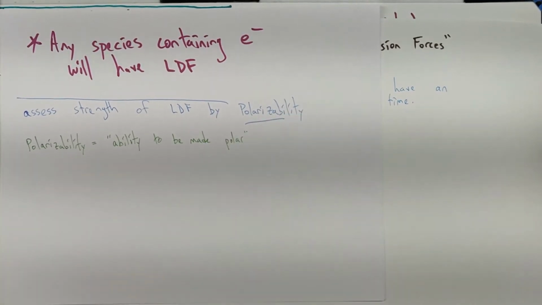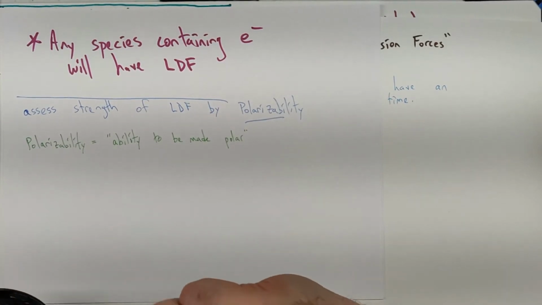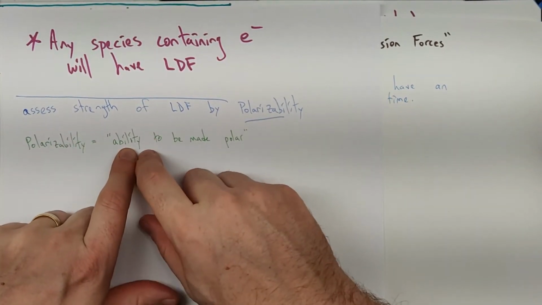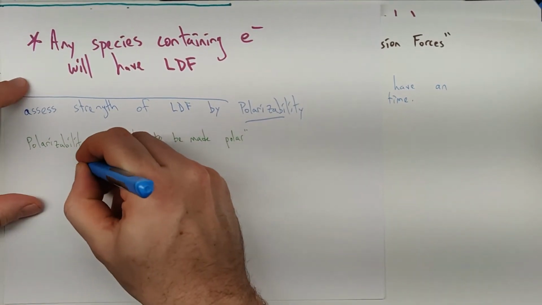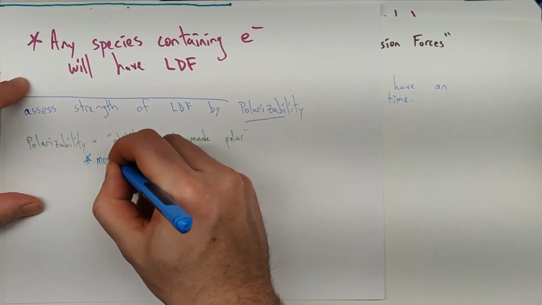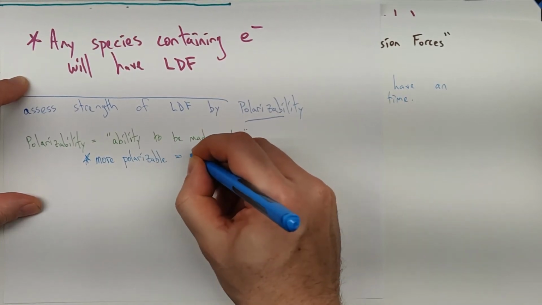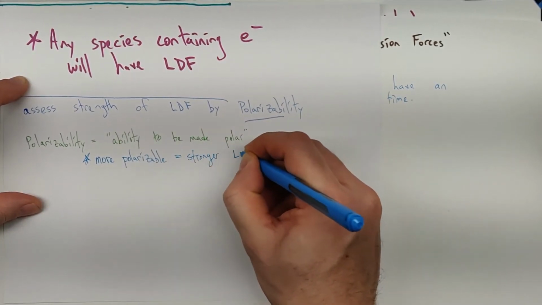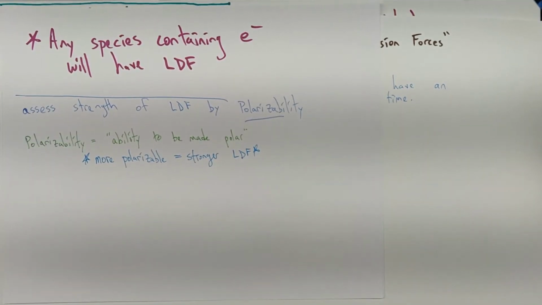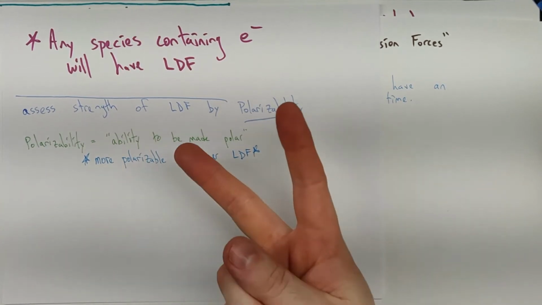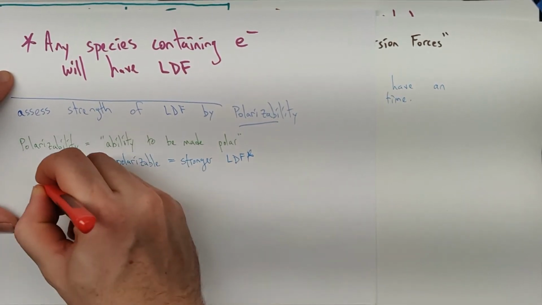And why would this matter? Well, if London dispersion forces are based on instantaneous dipoles, if something is better able to become polar, it's going to have stronger instantaneous dipoles. All right, so that's some fundamental information there. More polarizable is stronger London dispersion forces. All right. So what we want to do is look at the key aspects of polarizability, and there are two of them, one of which is the number of electrons. So the first key factor,